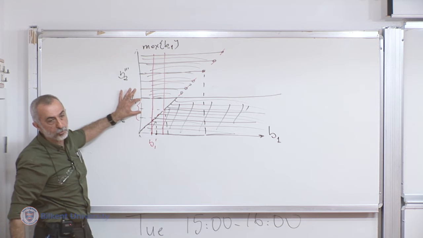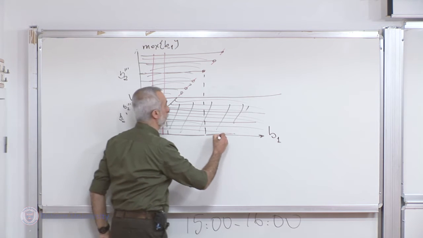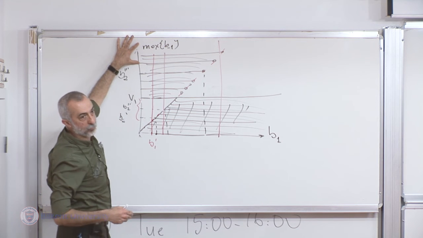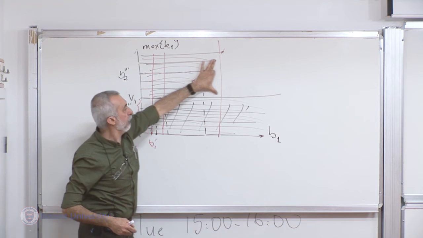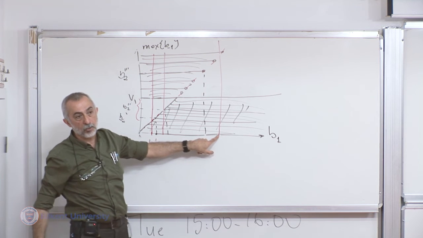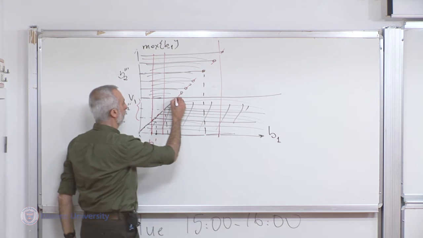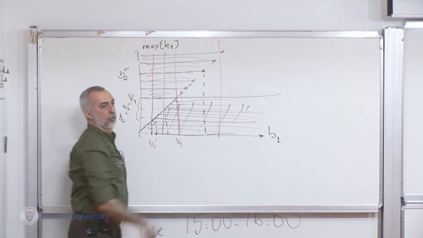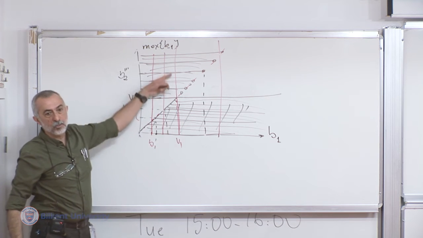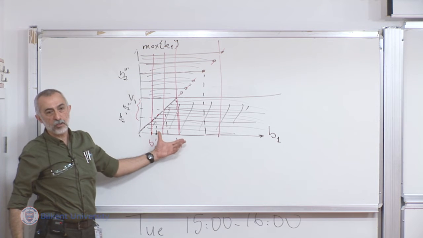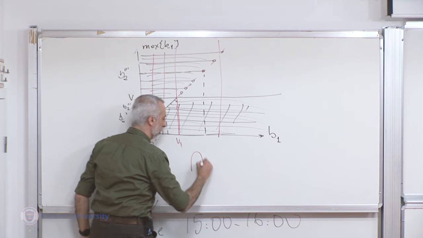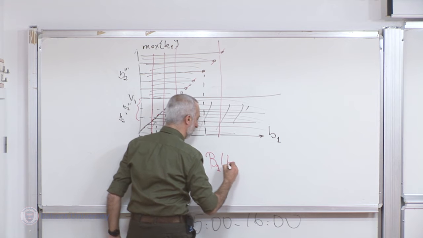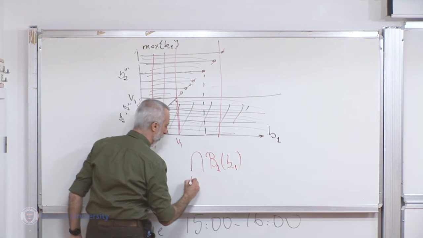The same thing is true for this. It's not a best response to some strategies of the other players. Draw that line. It's a best response to some strategies of the other players, but it's not a best response to every strategy of the other players. So this strategy of player one is also not in the intersection. Now, this is the 45-degree line, so this is the point B1. So if I draw a vertical line from here, what do I see? It's always in the shaded region. So just looking at the picture, I can immediately conclude that the intersection of the best responses of player one to strategy profiles of the opponents